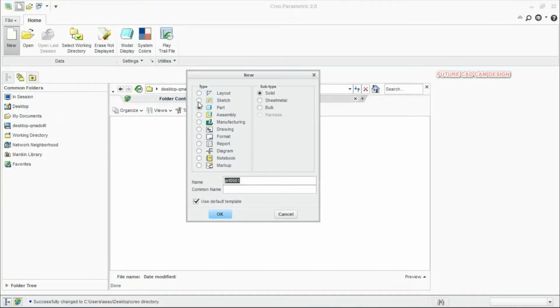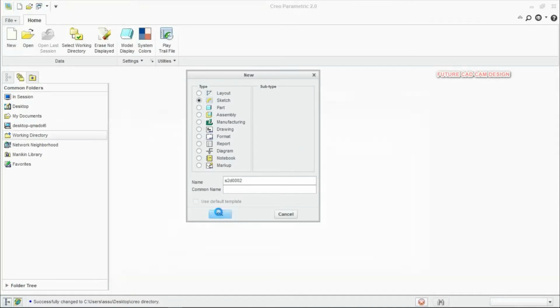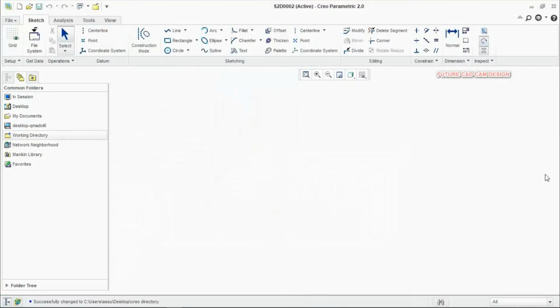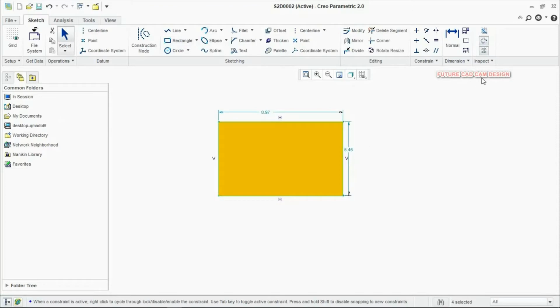So now we are going into part modeling. You can directly go into the sketch module, but if you do that, only the sketch module will be open. If you make any sketch, you can't directly move to part modeling, and you can't make it into a solid. So better, we can directly open